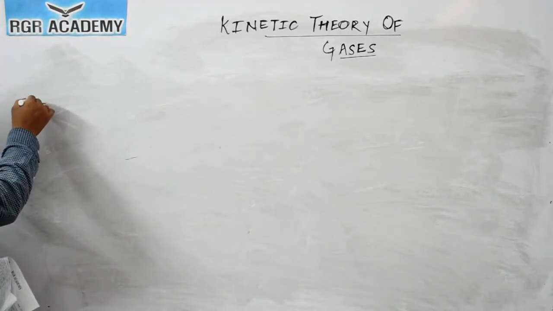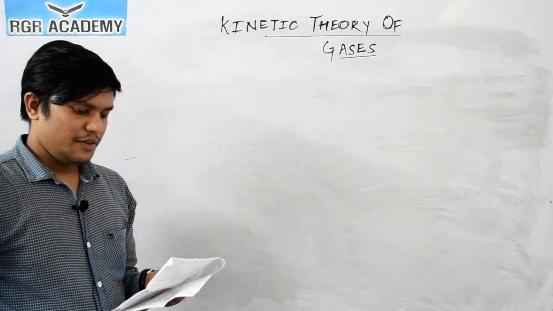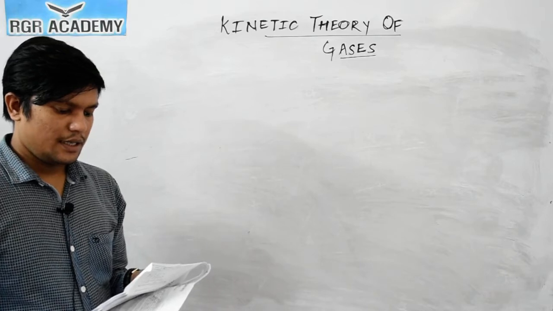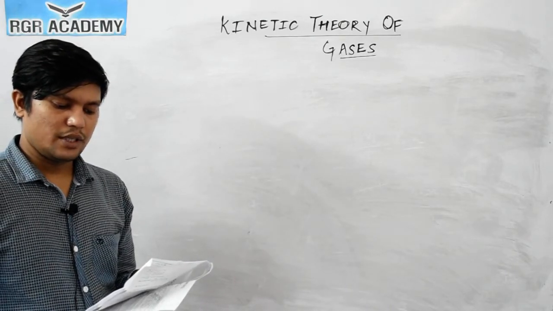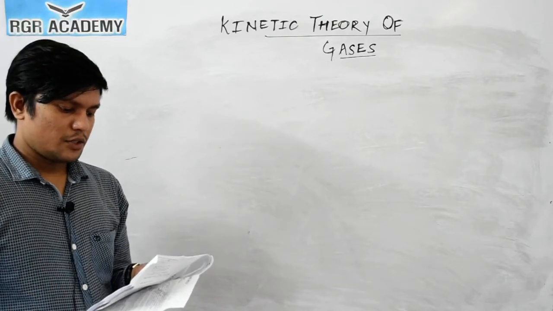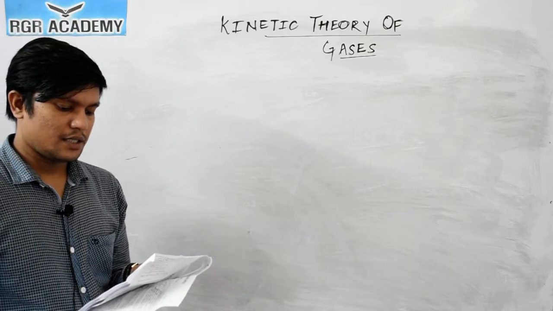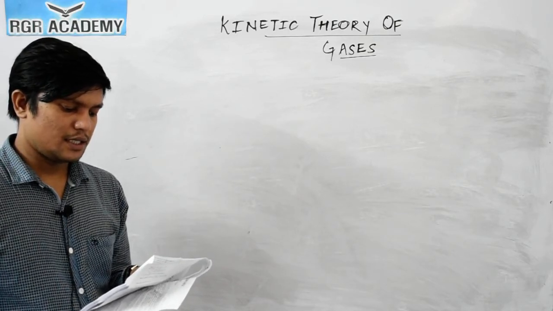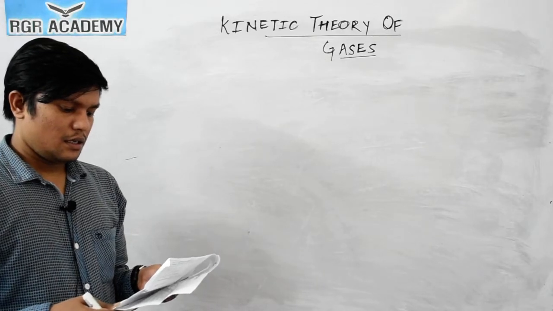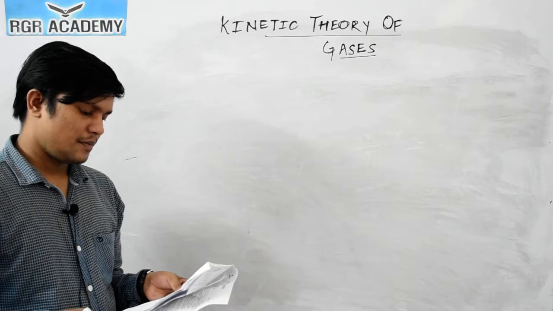So for question number 38, a flask is filled with 13 gram of an ideal gas at 27 degrees Celsius and its temperature is raised to 52 degrees Celsius. The mass of the gas that has to be released to maintain the temperature of the gas in the flask at 52 degrees Celsius and the pressure remaining the same is? Okay. So they are asking the mass released.